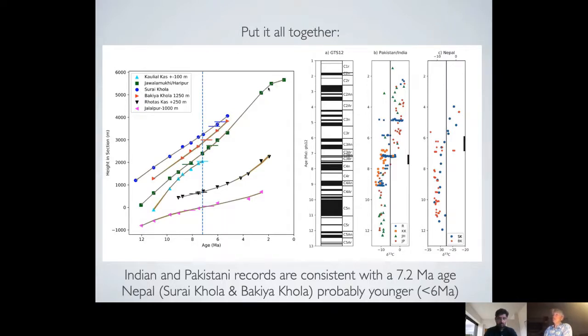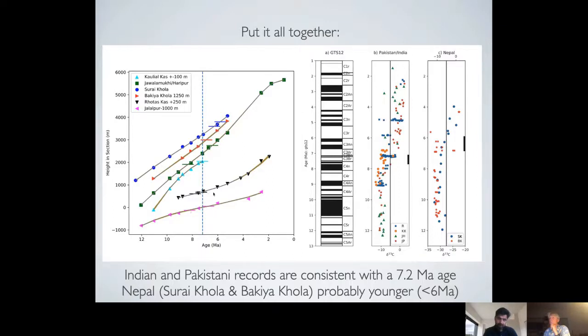And this is the Jwalamukhi record, and the transition occurred between here and there. So somewhere between 6.2 and 8.5. And so I've split these data into the Indian and Pakistani records, which all have the transition occurring